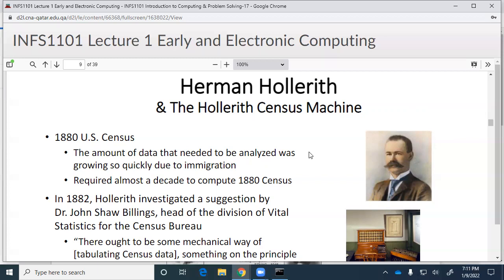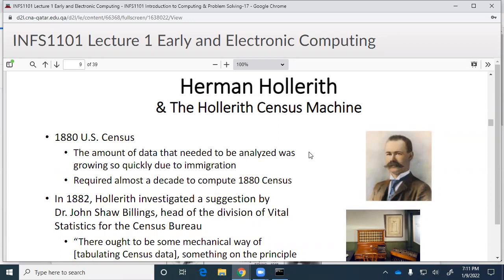We've had censuses here in Qatar recently, like last year. I had somebody come to my house and ask me information about who's there. So that's what they do. They collect this information. Well, what do they do with it? Now we just put it into a big computer program, and a couple of weeks later or whatever, it is able to produce all kinds of reports. Back in 1890, not so much. Everything's by paper, right? It's a big mess.